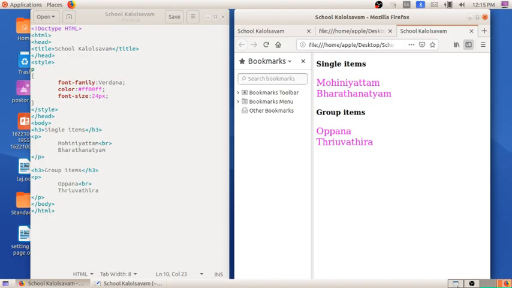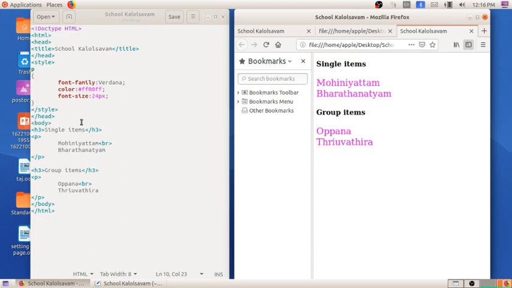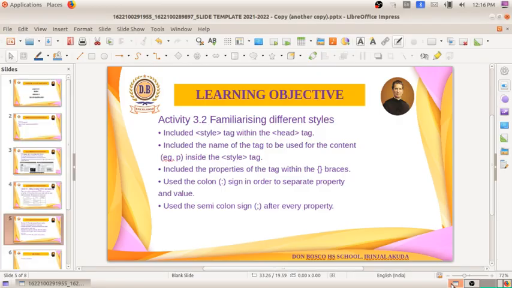And the third one is to include the properties of the tag within the braces. After writing the name of the tag, we have to open the braces, and after writing the styles, we have to close the brace. The fifth one: use the colon sign in order to separate property and value.